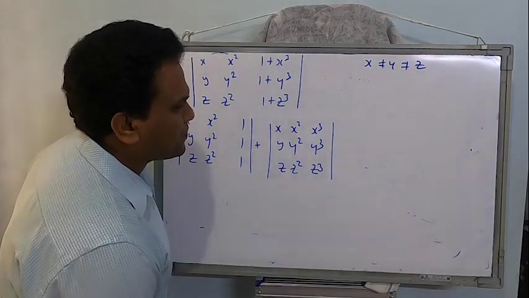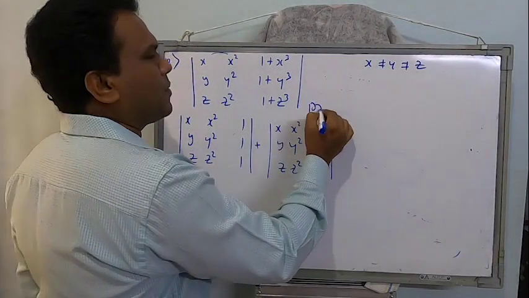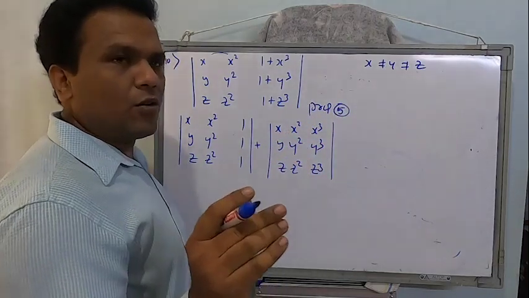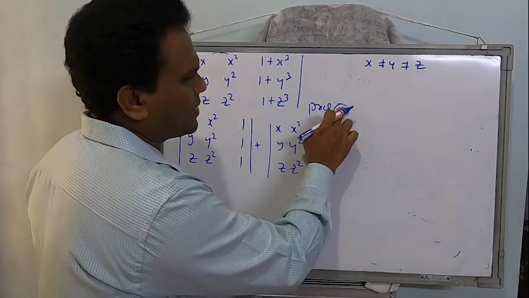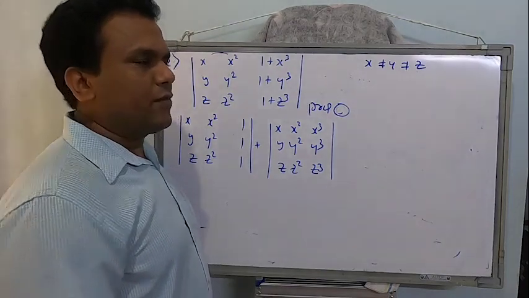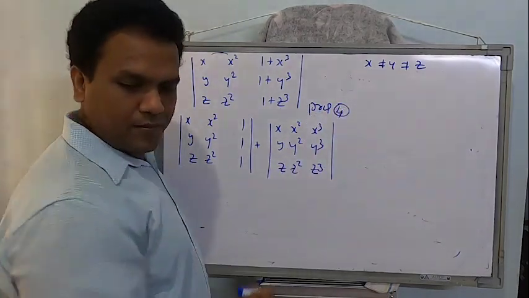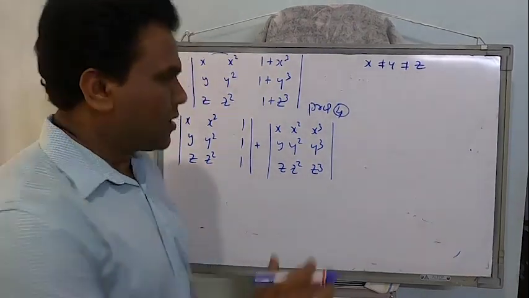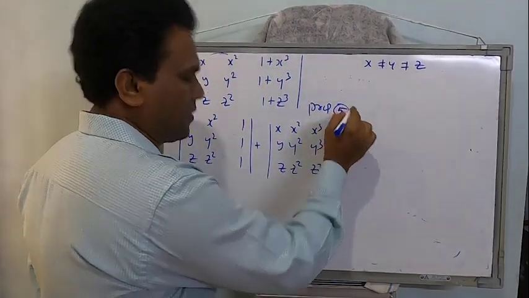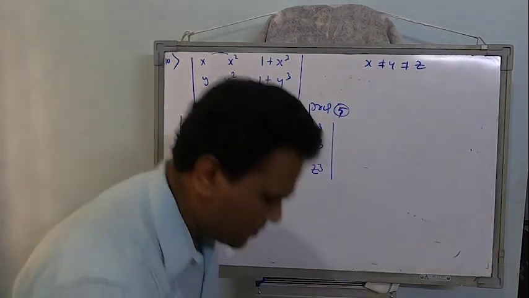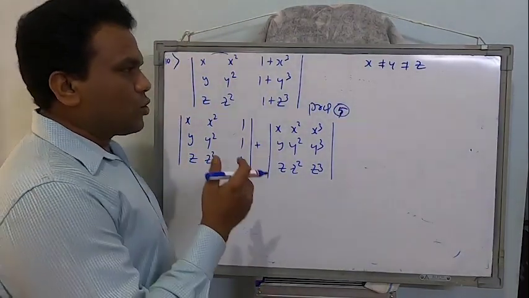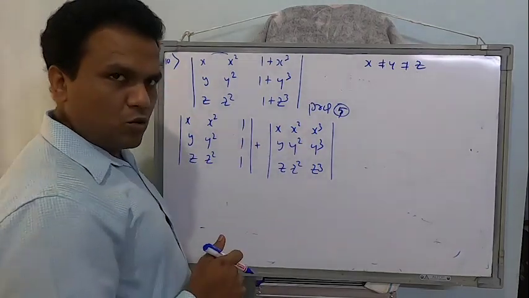Okay. Now, this is by using property number 5. If in a determinant, any one row, maybe 5 or 4, I'm not sure exactly. 1, 2, 3, 4. I think 4 should be now. It's okay. Fine. Better if I write down the correct property number. It's property number 5 only. That's correct. Okay. Fine. Okay. So by property number 5, I have split this into 2 determinants.